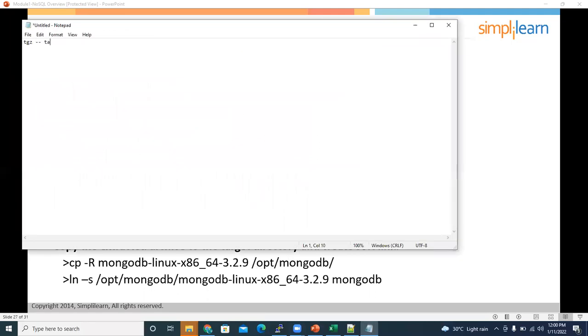If it is a tar file, to unzip this, you should use tar -xvzf and the file name. If it is a gzip file and you want to unzip it, you should use the gunzip command, gunzip and the file name.